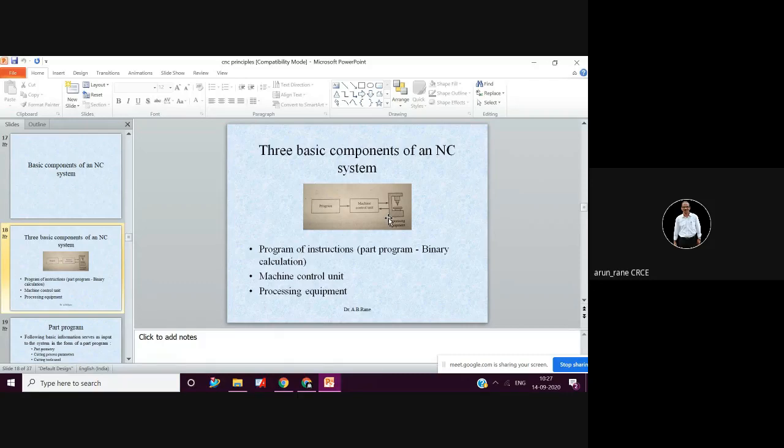Maho again own machine tool, own control. But HMT no, they are specialized in machine tool. They take control from Fanuc and they do interfacing on their own or they take help of another people.